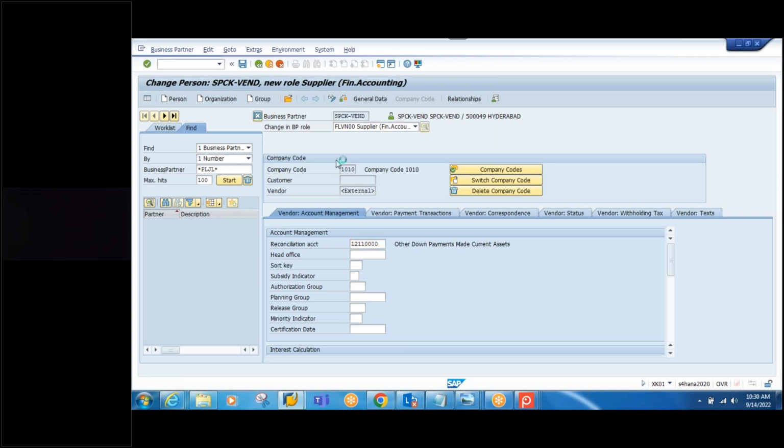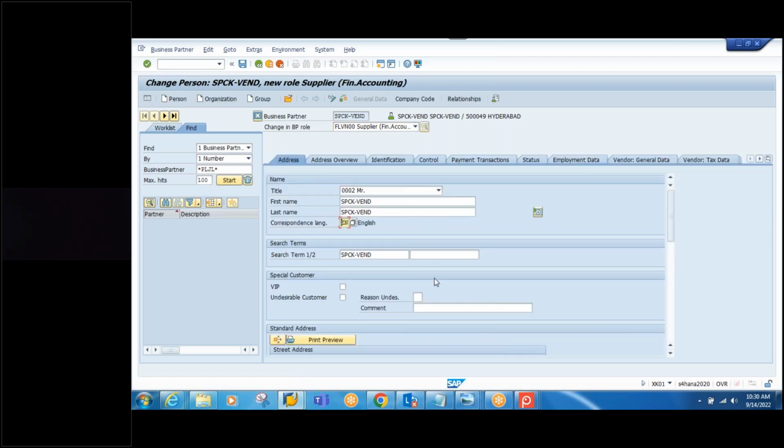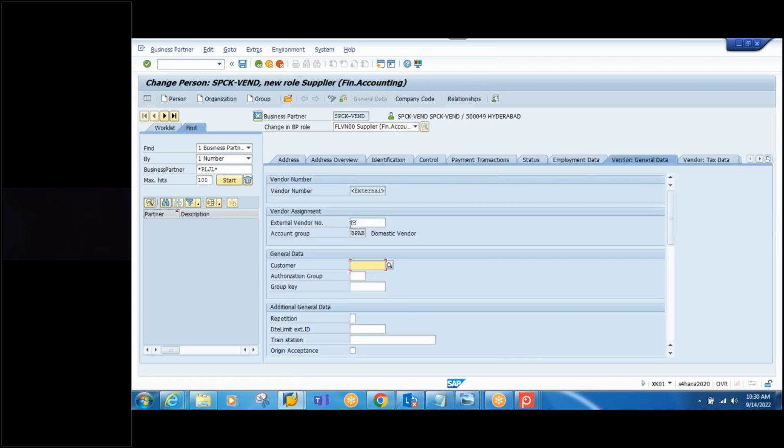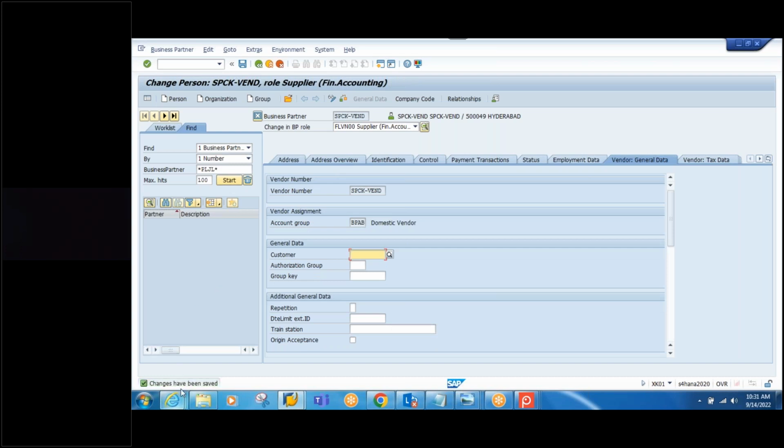Try to save it. If anything additional is required, it is asked here. Now come to here, go to general data, vendor general data, here external number. That is for internal table references. Just I copied it here and gave it. Now save it. This is company code. The changes have been saved. Now again select